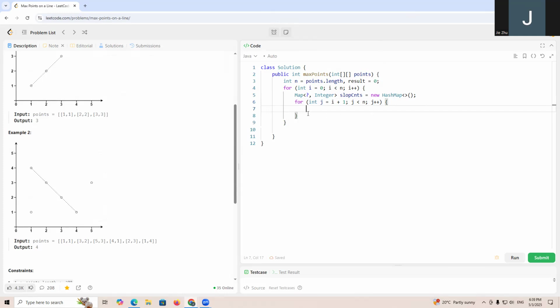So how can we calculate the slope? We'll have, for example, int dx equals points[j][0] minus points[i][0], and int dy equals points[j][1] minus points[i][1], right? So for this dx and dy,